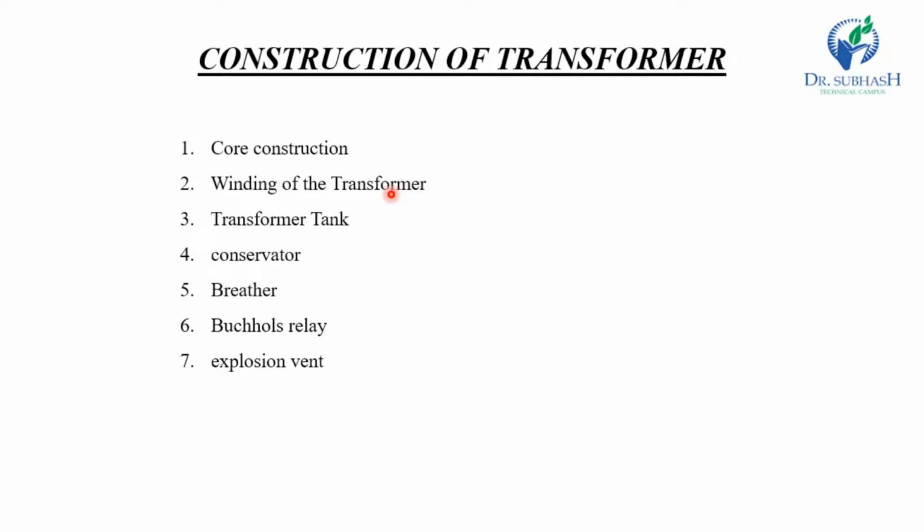Now, the dielectric circuit. The dielectric circuit consists of insulators which are used in different places in the transformer to insulate the conducting parts. The core is laminated to minimize the eddy current loss, and the laminations are insulated from each other by a light coating of varnish or an oxide layer. The thickness of this layer is about 0.35 to 0.5 mm.